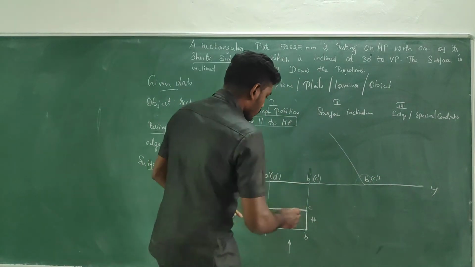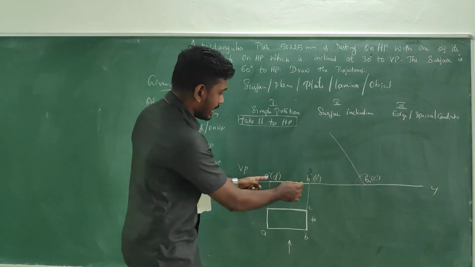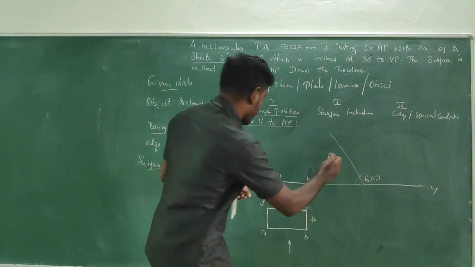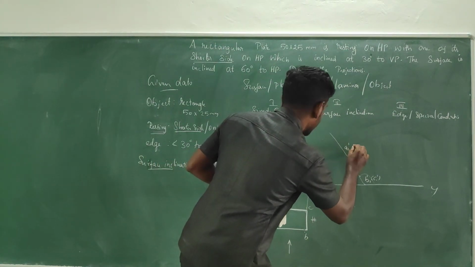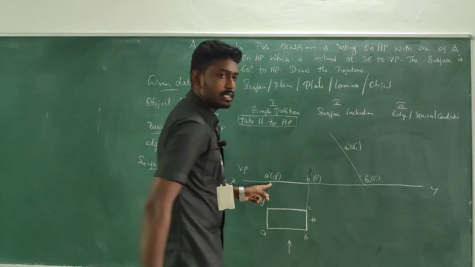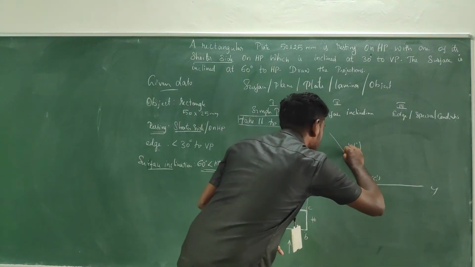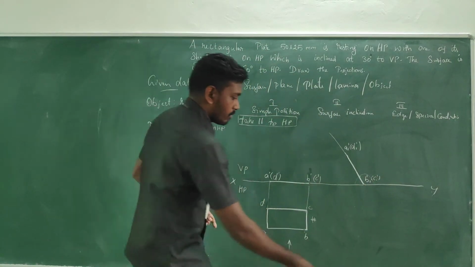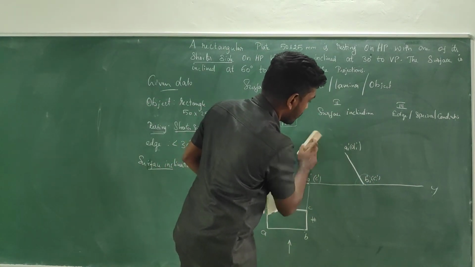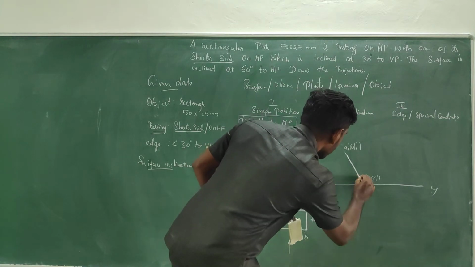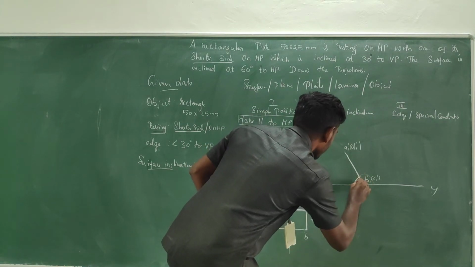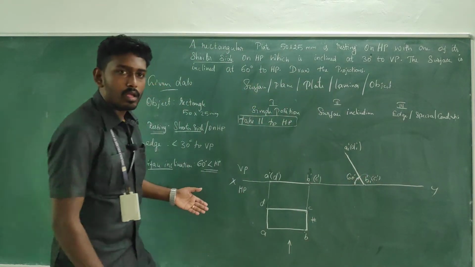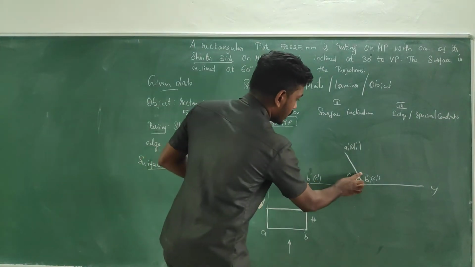Now, in order to find the other end, take the measurement in your compass and transfer it over the line. Keep the point. This would be A1 dash and D1 dash. Now go for a dark line connecting A1 and B1. Remove the extra edges of the line. This is with the inclination of 60 degrees.